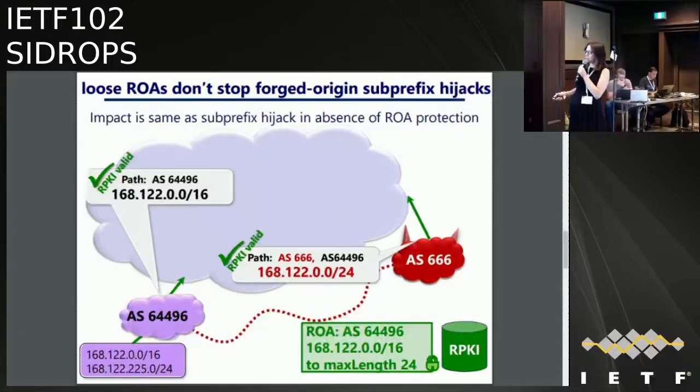This is the prefixes that are properly announced. The bug here is that this should say .225. I'm really sorry, this should say .225, okay? So sorry about that bug, I'll fix it. I'll update the slides. But here's the attack.